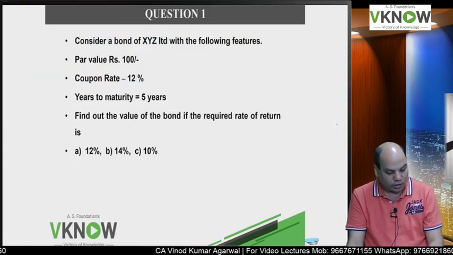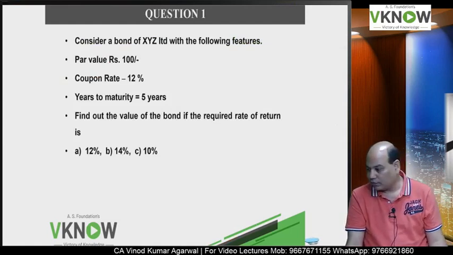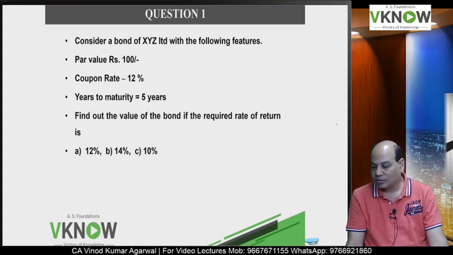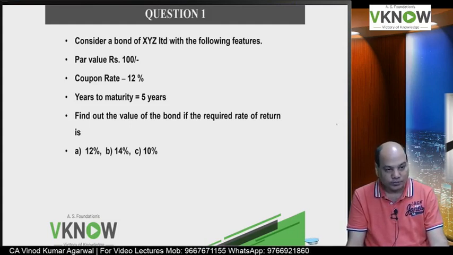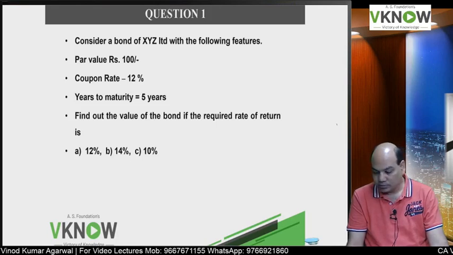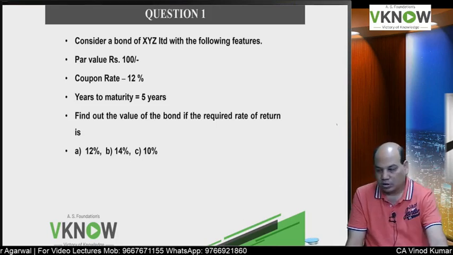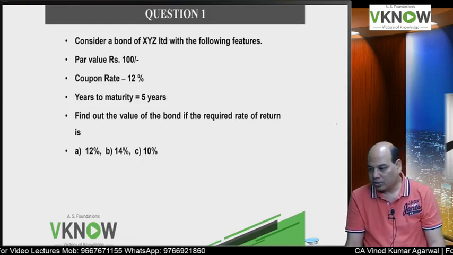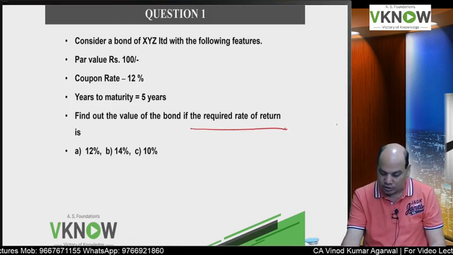Okay. Now we'll come to question 1 on the next page. So today we'll solve question. I will request you to keep your notebook, calculator ready. Question 1 is on the next page. Consider a bond of XYZ Limited with the following features: par value ₹100, coupon rate 12%, years to maturity 5 years. Find out the value of the bond if the required rate of return, that is my discount rate, is,